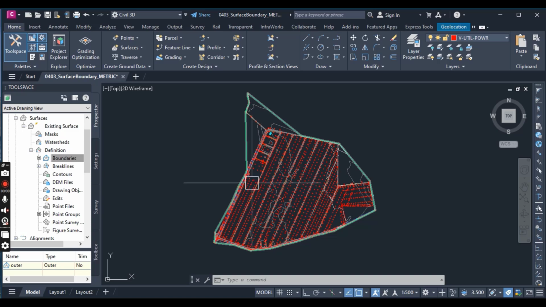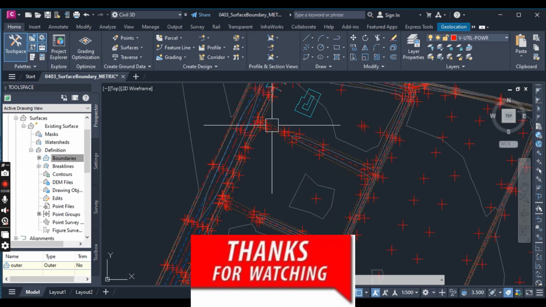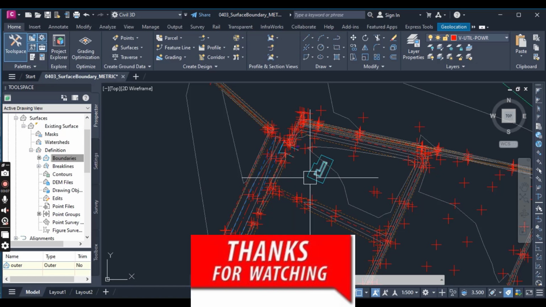Next, in the exercise we will create hide and show boundaries for a little house. Here we have